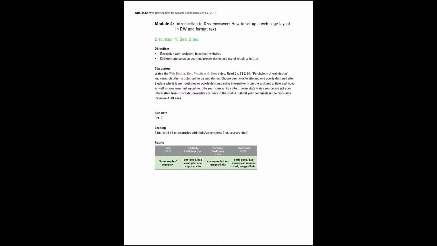In Module 4, Discussion for Best Sites, you will differentiate between poor and well-designed websites. Be sure to cite an example of each, one good and one poor website, and then just submit your post